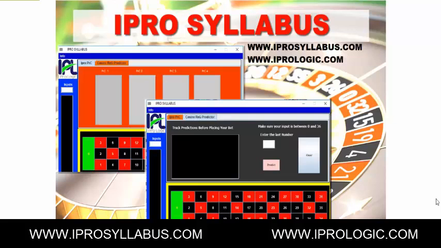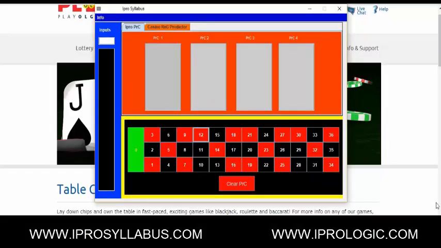We also strongly believe that using the iPro PRC predictor just with individual numbers will also generate a very lucrative income. And certainly we have no doubts that this should generate $50 or more within a half hour, if not certainly within an hour. We're not going to use the calculator for this demonstration, just so we can show you that if you were using the calculator, profits would be even larger. Okay, so before we get into actually playing,